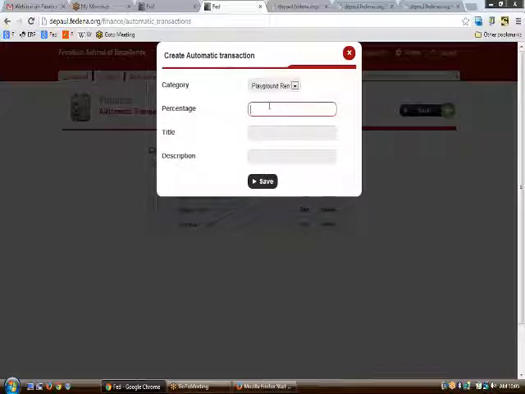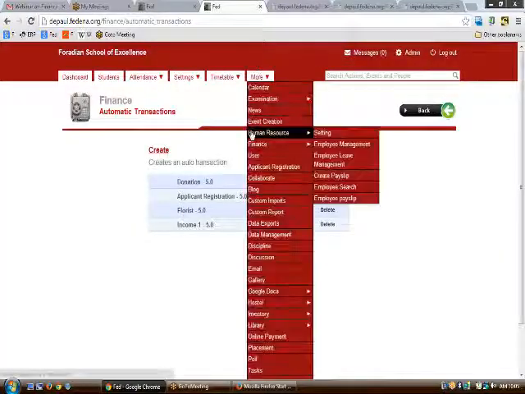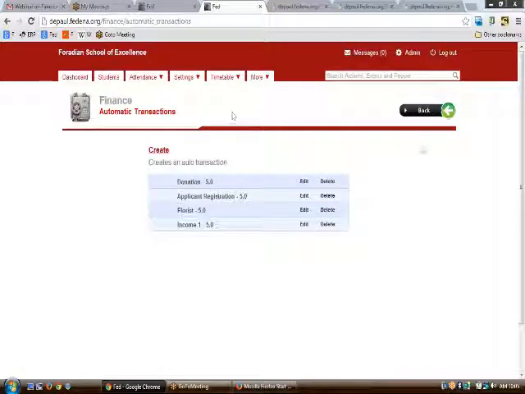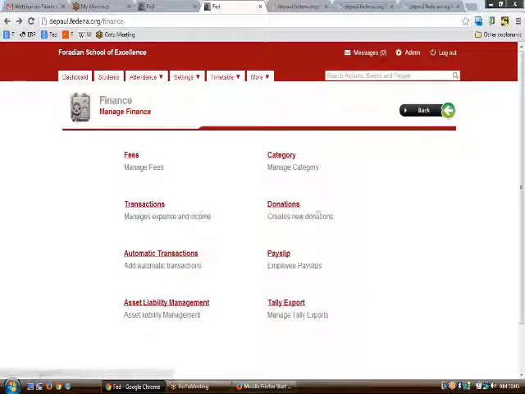So whenever there is an income added under this automated transaction, that amount of money would be deducted from your account, and it would be coming under expenses itself. So this is how the auto transactions are dealt with.